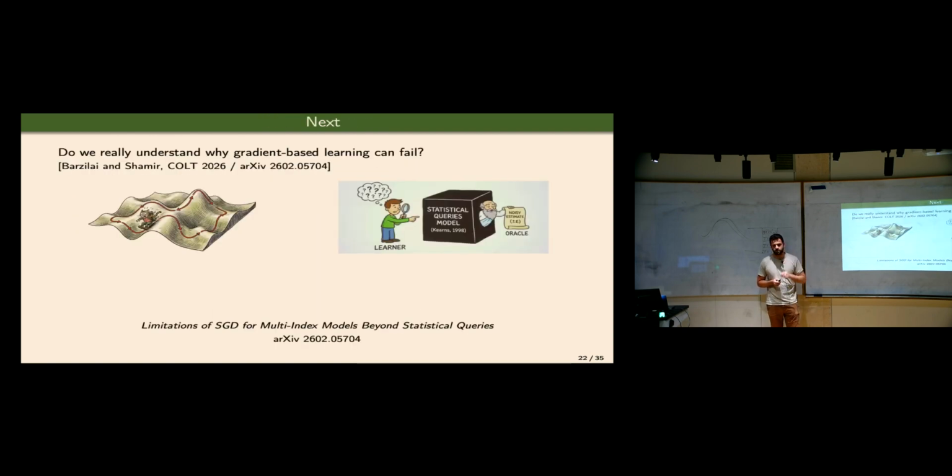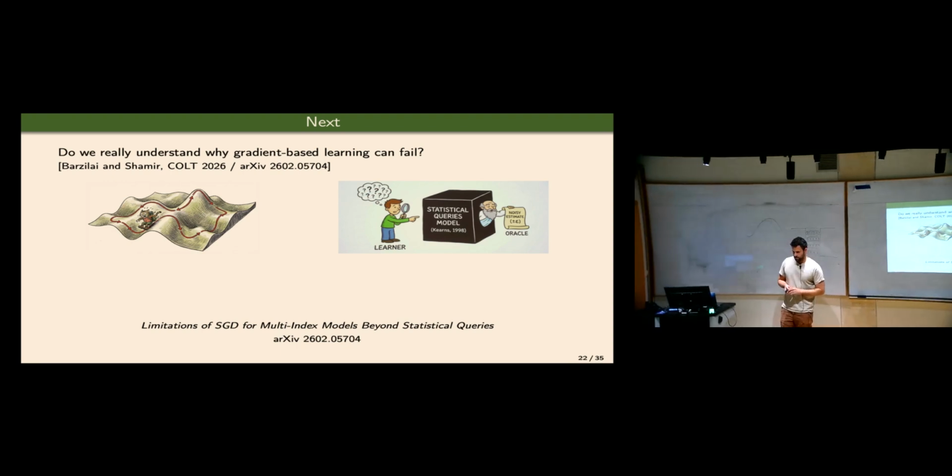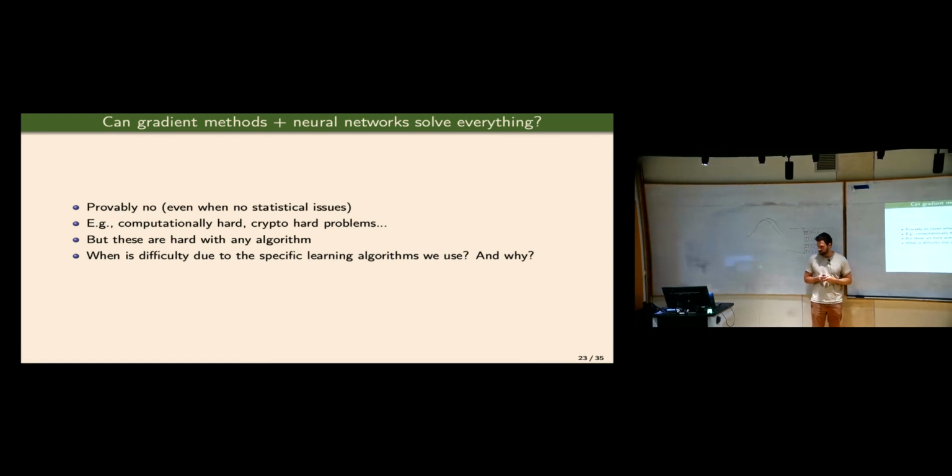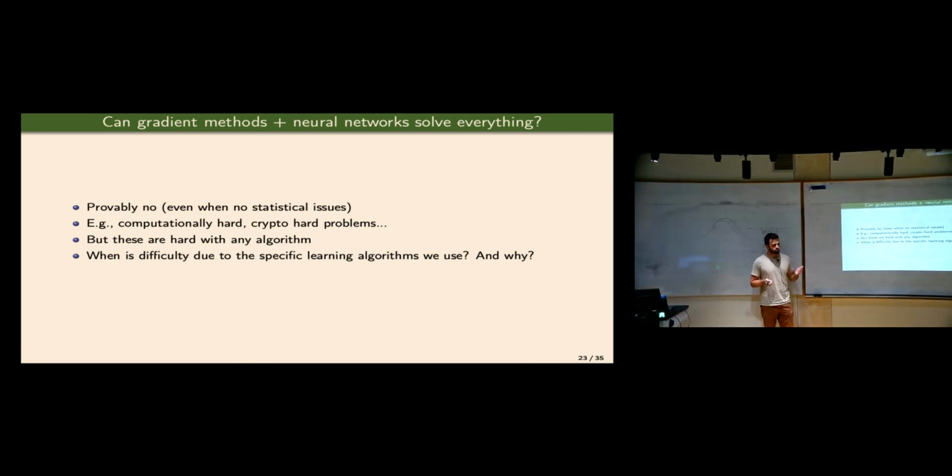Okay, so now we're going to talk about SGD and when it can fail and why. We've all gotten used to running SGD with neural networks on just about anything, and on just about anything it seems to work magically. So you might wonder, are there problems which you can solve efficiently but SGD fails? Of course, there are problems that are very difficult for any method, like NP-complete problems, cryptographically hard problems. But these are less interesting from our perspective because it's not specific to machine learning. Everything's going to fail on them. But are there problems which are actually easy in general, but SGD fails on them miserably?